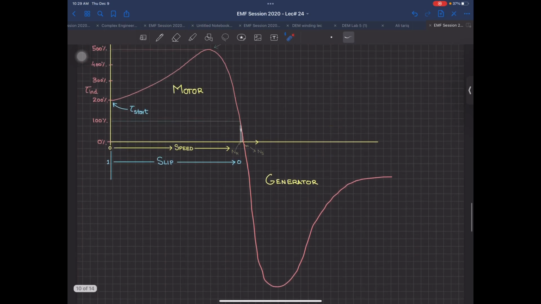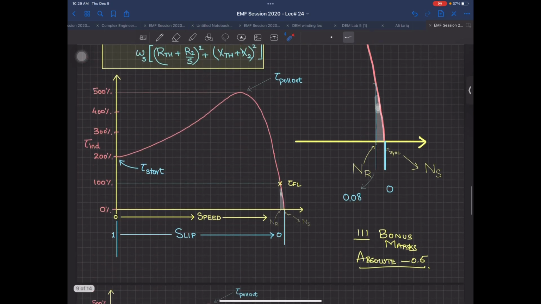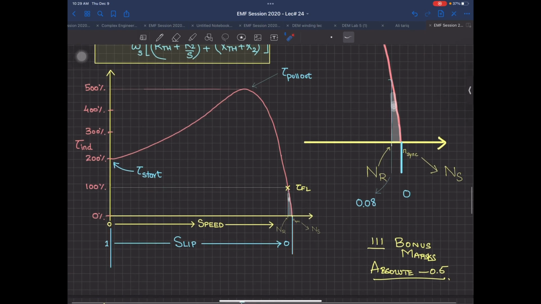One thing going back, the last thing over here, just like 5-10 minutes. I have the pull out torque. मुझे ये पुल आउट टॉर्क पॉइंट मालूम करना है कि ये कितना है, which means how much power or how much torque is being produced, and this is happening at which slip point. ठीक है जी. The question over here is: this pull out torque point कितने slip के ऊपर हो रहा है. This is my important point. And how much torque is being developed.